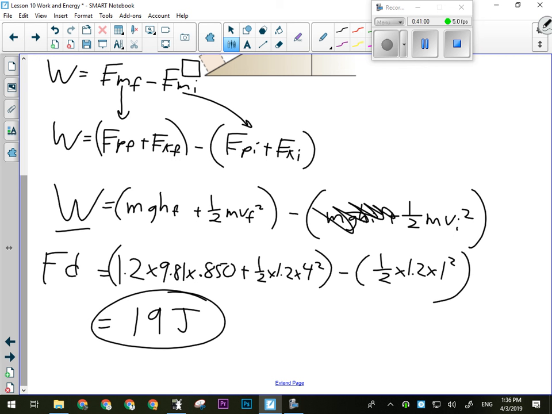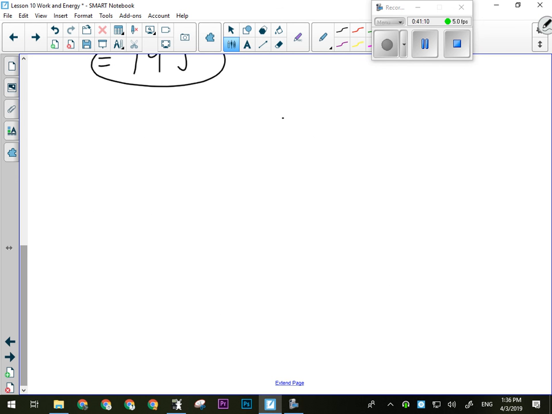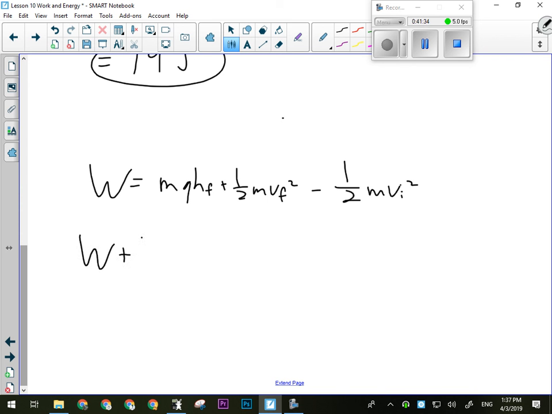How do you manipulate something when it's equations? Well, let's look at it. Let's say I want to solve for VF. I'm just going to copy that back out again. So work will be m times g times hf plus 1/2 mvf squared minus 1/2 mvi squared. I want to solve for VF. First thing, I'm going to add this to both sides so that it's gone. So I'll have work plus